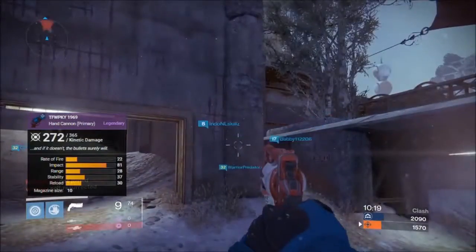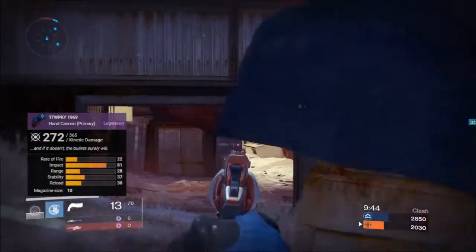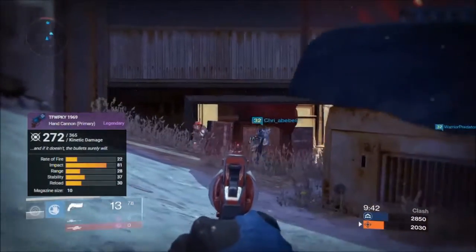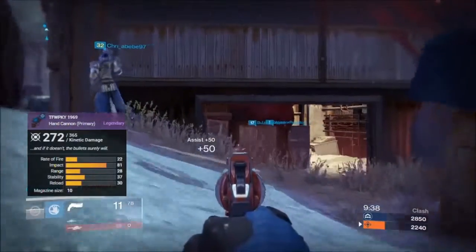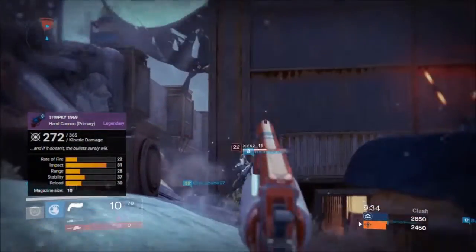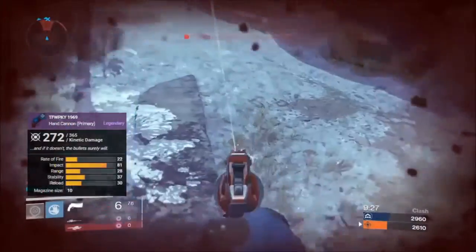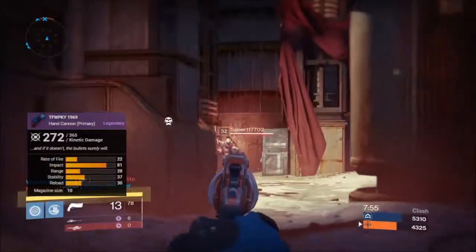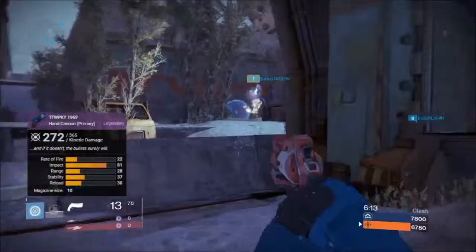With that, we move along to what is apparently the singular legendary hand cannon added during the Dark Below, found from the Crucible Quartermaster, TFWPKY 1969. The fall will probably kill you. Apparently a reference to a quote from the 1969 movie Butch Cassidy and the Sundance Kid. It compares to a -12 to range, a +5 to stability, a -3 to reload, -2 to magazine count, and